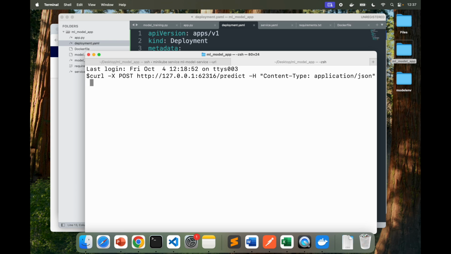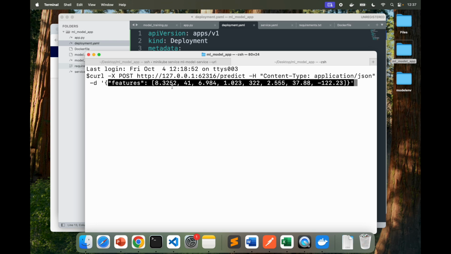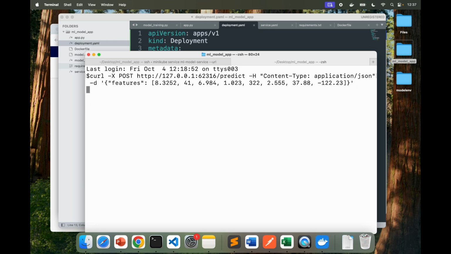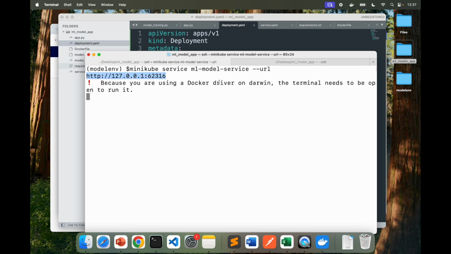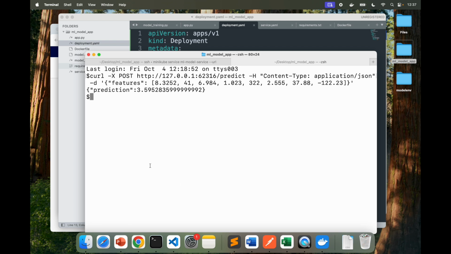And then for the data I'll say -d, and I pass, as mentioned, the features. Let me get that from my previous code. Features, and this was what I gave. I think everything is perfect. Let me run it. It says prediction 3.5952 is the price. So that's what ran over here, and that's what we saw.